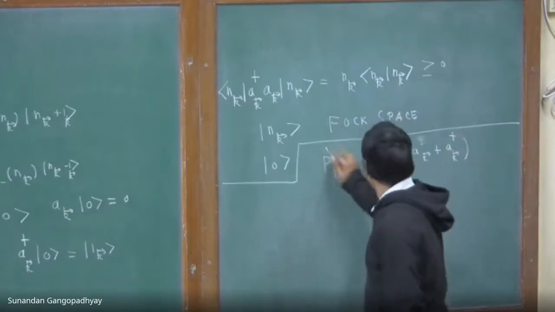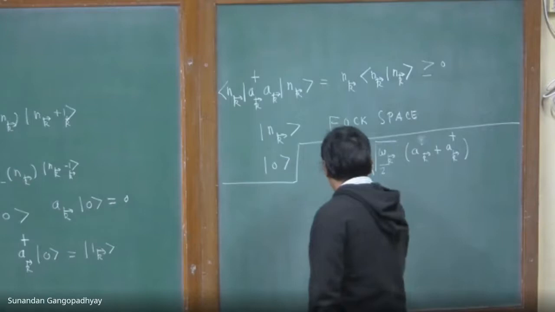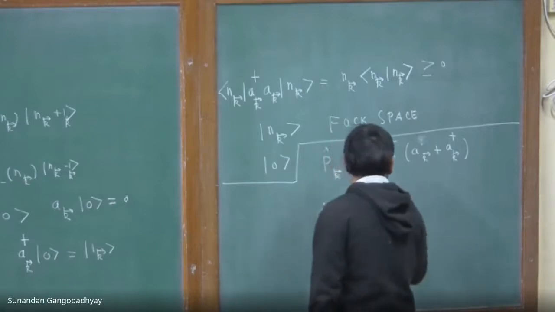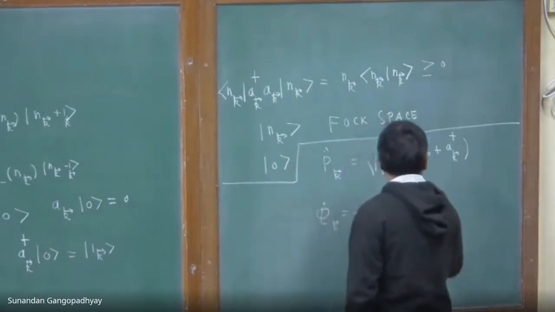So this is an operator p_k hat, and you can also define another operator which is q_k hat, which is minus i by this